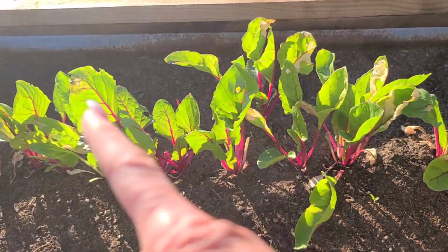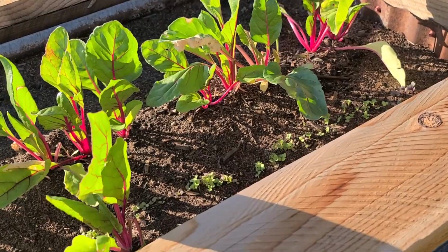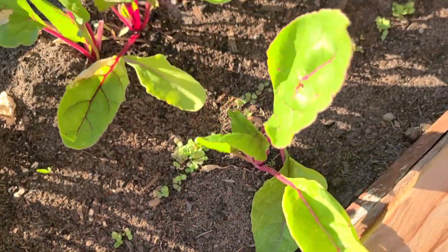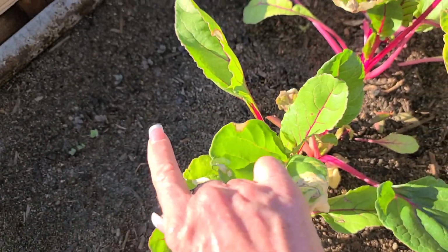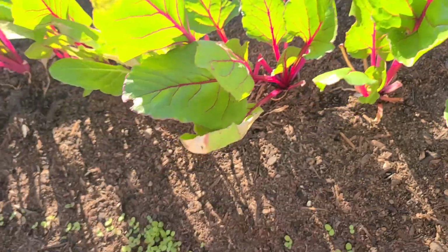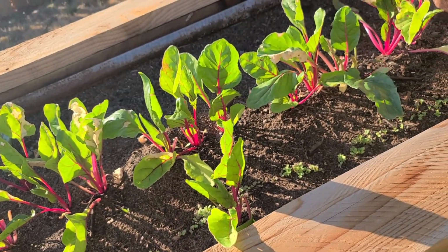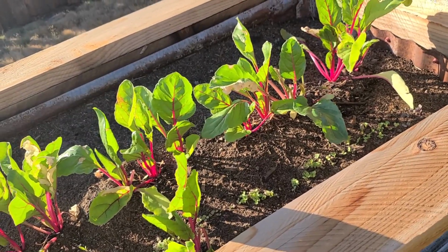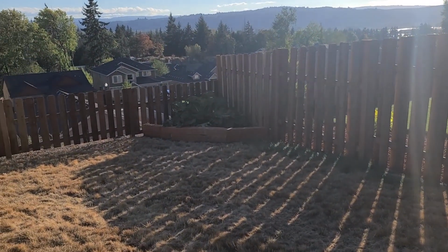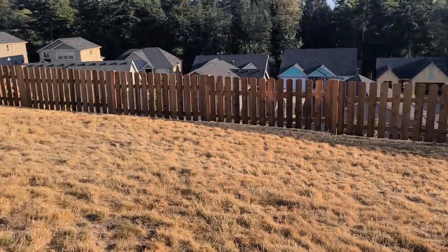Leave it in there. This bed is not doing as well on the Swiss chard end, but I'm okay with it. And we got some lettuce, and kale is over here. I don't know if you can see the little sprouts. I felt like this bed had more sand in it for some reason. I'm not sure why, but I am going to amend all the beds. And of course, the blessed rhubarb down there, I don't know if you can see it. The sun's kind of glaring, but